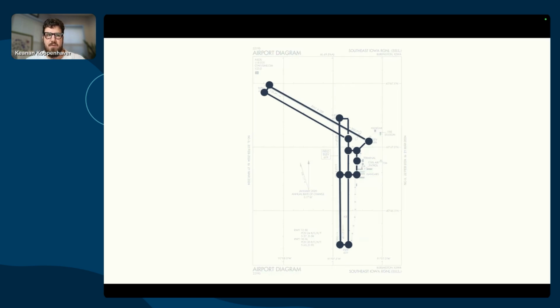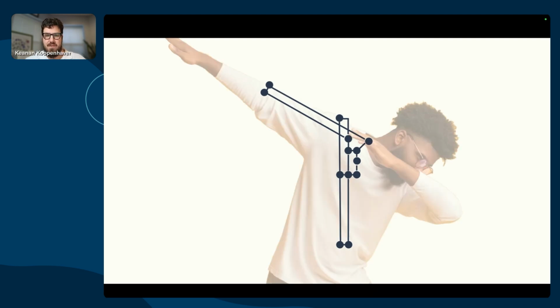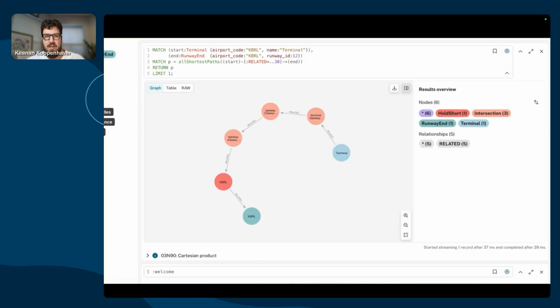And so if you squint just a little bit and then you squint just a little bit harder, some of you based on the conference we are at might know what I'm getting at, what kind of shape this is. And no, it's not the shape of a man dabbing. It actually is a graph database with nodes and edges. And so once we have the airport modeled like this, we can put this into Neo4j and then query